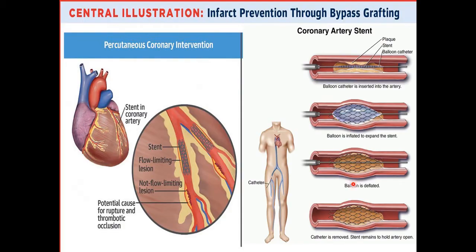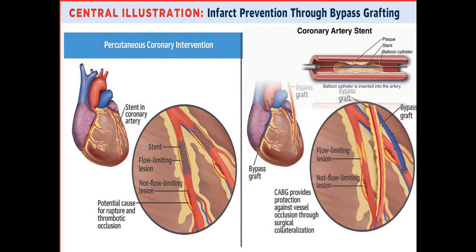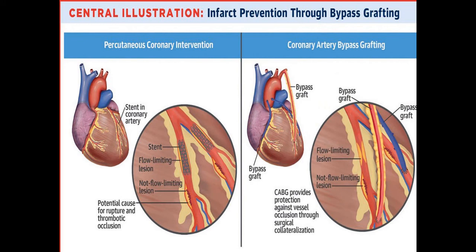So what are the definitive repairs? The first is percutaneous coronary intervention. For example, you have some blocks, and you thread a catheter inside along with a balloon and a stent. After inflating the balloon, you leave the stent in place and take the balloon and the catheter back out. Stent interventions are called percutaneous coronary interventions. Or you can think of coronary artery bypass grafting, where you develop surgical collaterals around the occlusion. That is also a surgical intervention.